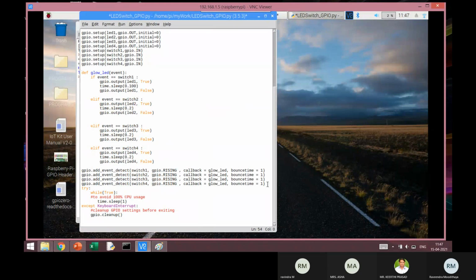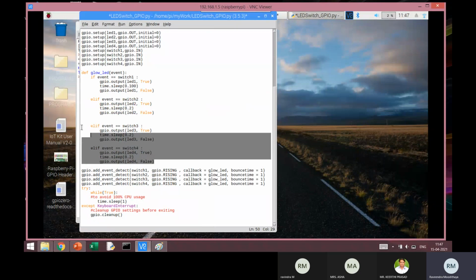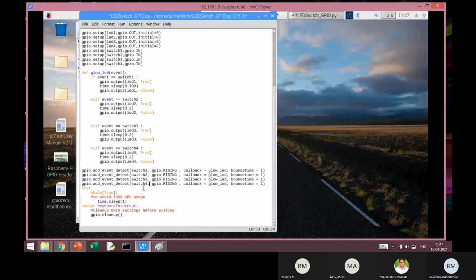Actually, there's a concept of interrupt-driven programs, which maybe you have studied earlier in microprocessor or microcontroller courses, the interrupts of a processor. Essentially, what is done here is you are setting 4 interrupts. Whenever switch 1 is pressed, an interrupt is generated, and this is our interrupt service subroutine. Though I am not using those terminologies too much here, essentially that's what is happening.